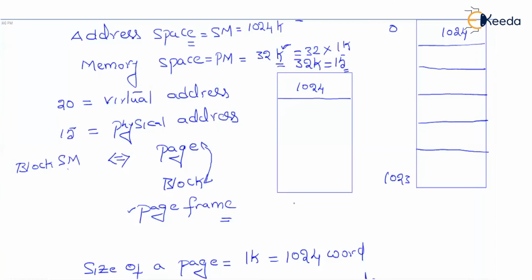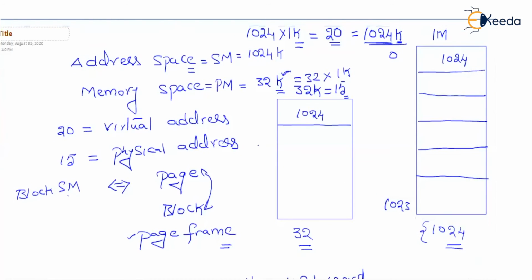So I do have a total of 32 blocks in main memory and 1024 pages in the secondary memory, which means that my main memory can accommodate any of the 32 pages from the available 1024 pages. Again, stay focused here. There are a total of 1024 pages and 32 blocks, so the secondary memory can transfer 32 pages among 1024 to the main memory. Okay, so this is the thing.